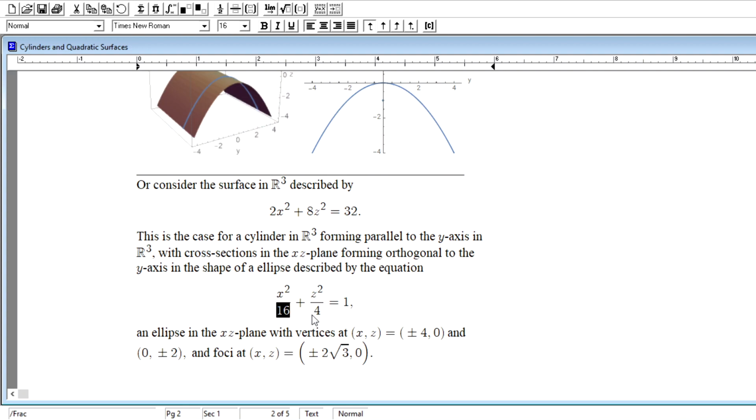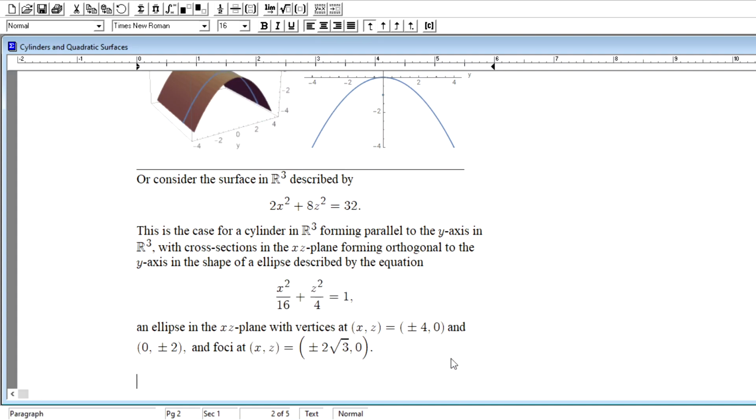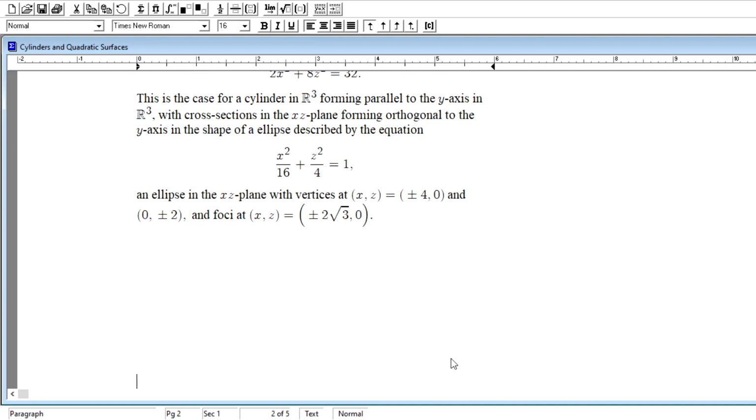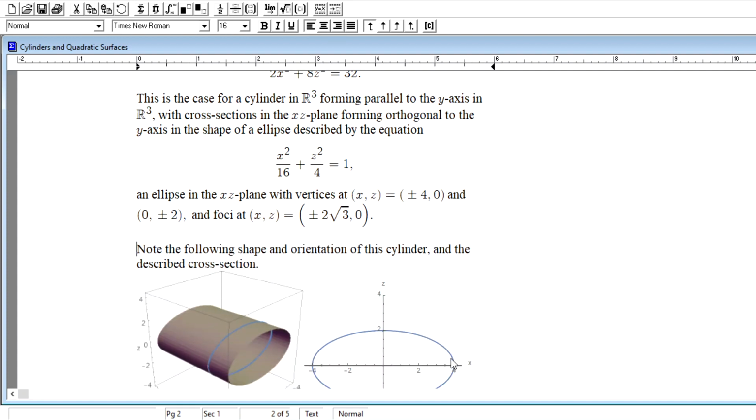So it's going to be the square root of 16 minus 4, well, that's the square root of 12, which simplifies to 2 root 3. So our foci are going to be located at plus or minus 2 root 3, 0, with respect to being an xz coordinate. If we sketch this ellipse in the xz plane, orienting z vertically, keeping x with that horizontal interpretation, this would be the illustration of the cylinder and its corresponding cross sections